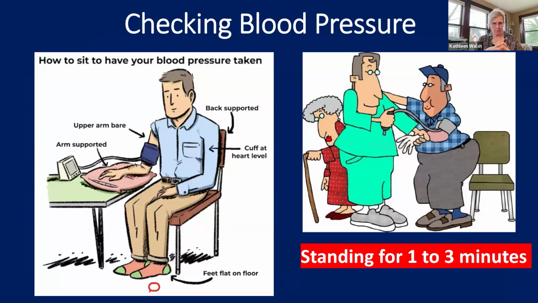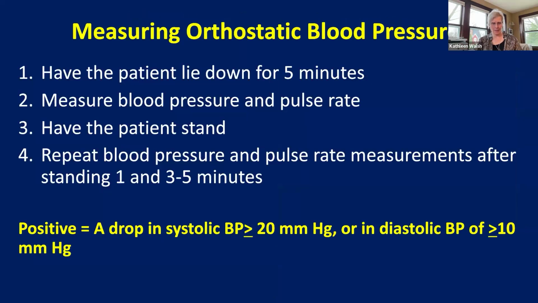So checking blood pressure. Many of our patients are told, and you are too, when you check your blood pressure, sit, put your feet on the floor, rest your arm, just relax. But my patients aren't usually symptomatic when they're sitting with their feet on the floor and arm rested, they're usually symptomatic when they're standing. So when we check orthostatics in our clinic, we sit them first, of course, and then we stand them for a minute, and we have them continue to stand for 3 to 5 minutes and check it again. And this is when you can really find out if they have positive orthostatic vital signs.